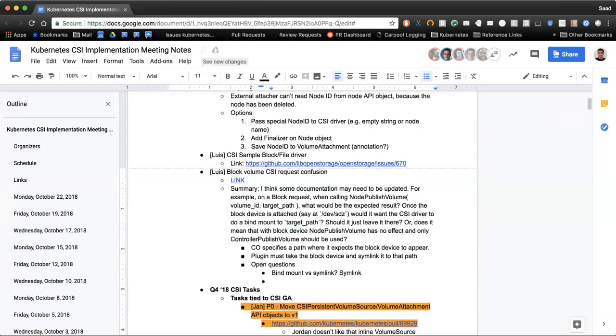Hey, Louis, quick question. So I'm guessing you're implementing block right now. Are you running into issues, or this was just not clear? I'm just curious. The bullet right before this one is the one I want to talk about next, which is